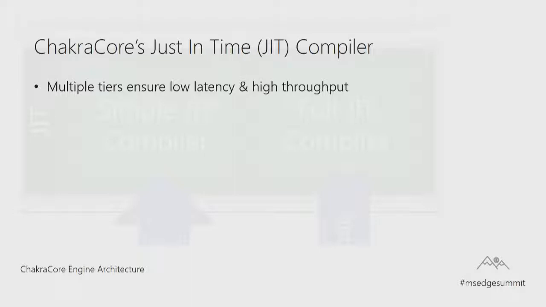We also have a full JIT, which spends as much CPU and memory as it needs in order to generate the most optimal code possible. And we also have a tier in between called simple JIT, whose job is to produce code that's pretty good, but not spend all that much time building it. It's faster than the interpreter,